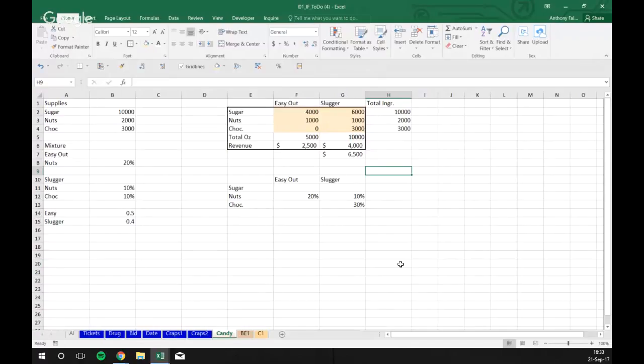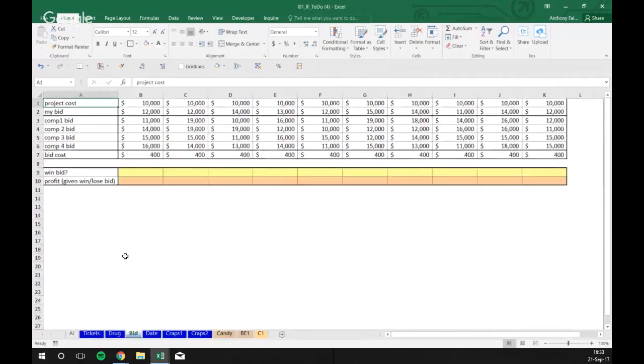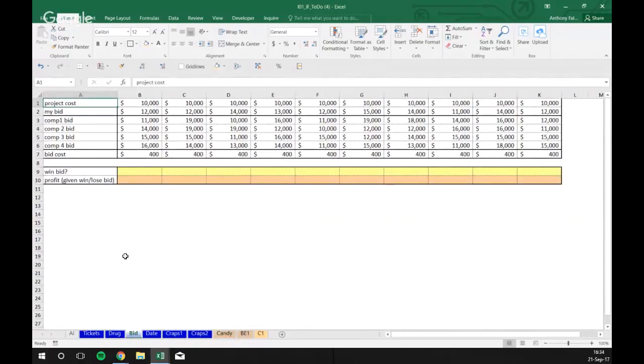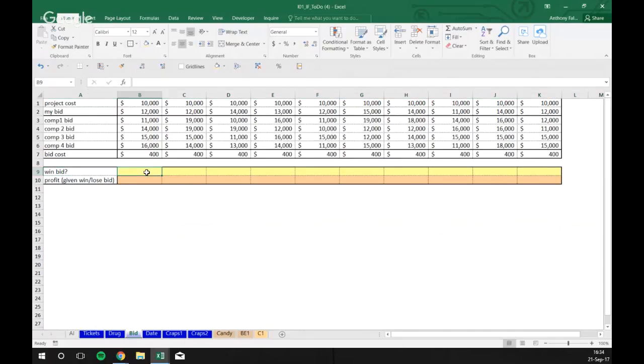Those are the three questions that we went over in the review session. And then I also went through the bid tab just briefly to really explain what you need to do here. So in the bid tab, we are a construction company, and we are attempting to determine how much money we would make if we bid on certain projects. You'll notice that in the yellow row, we need to identify if we have won or lost the bid. And you can do this using an if statement or a logic statement that would produce the value true or false. If you don't know how to use the true or false statements, go ahead and design your if statements